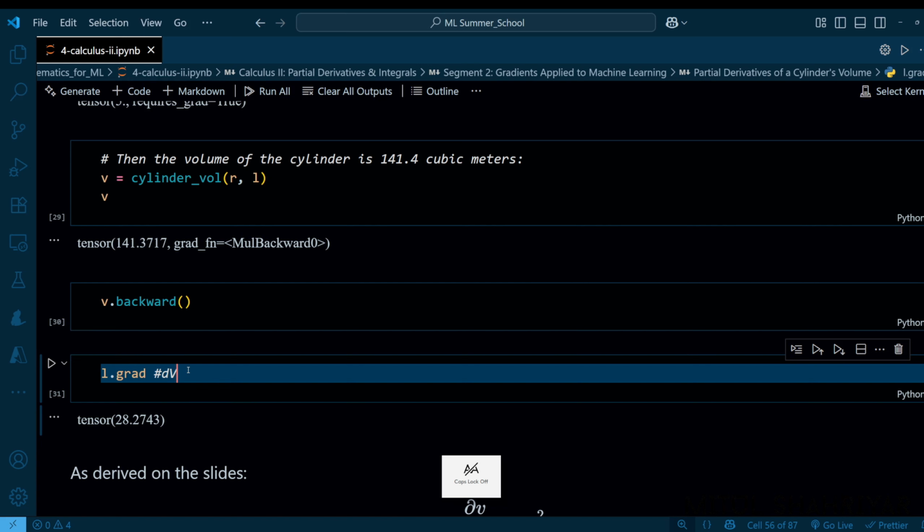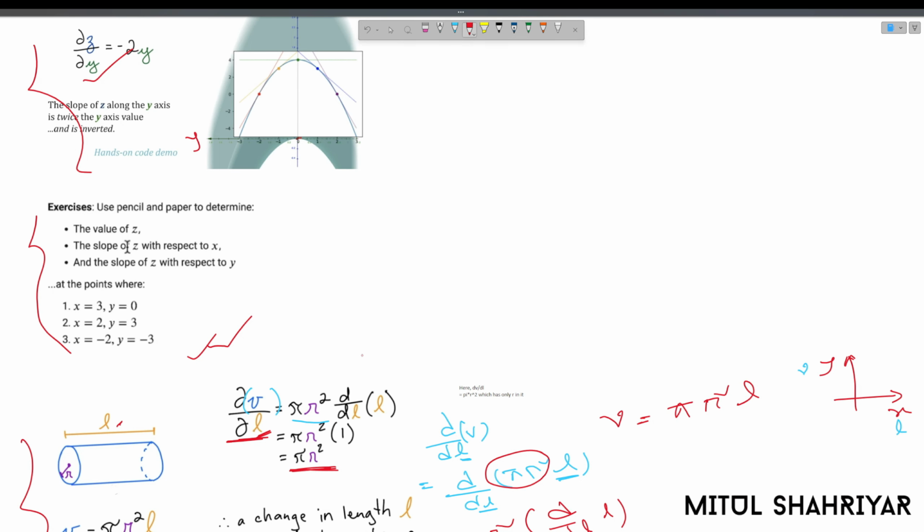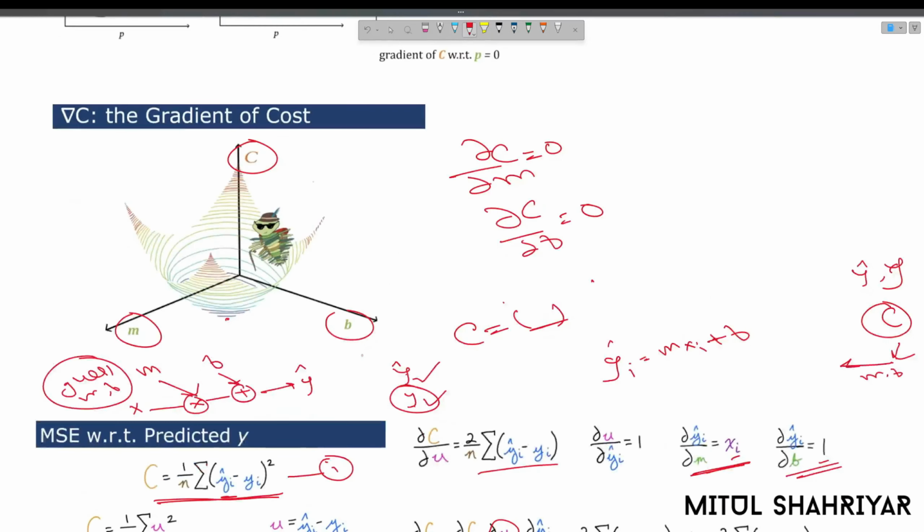dv by dl. That's it. Now why is it important? Because understand, when we are working with the cost function, when we do the back propagation, just look here. Why is it important? It is because, just look into here, that we want to look for